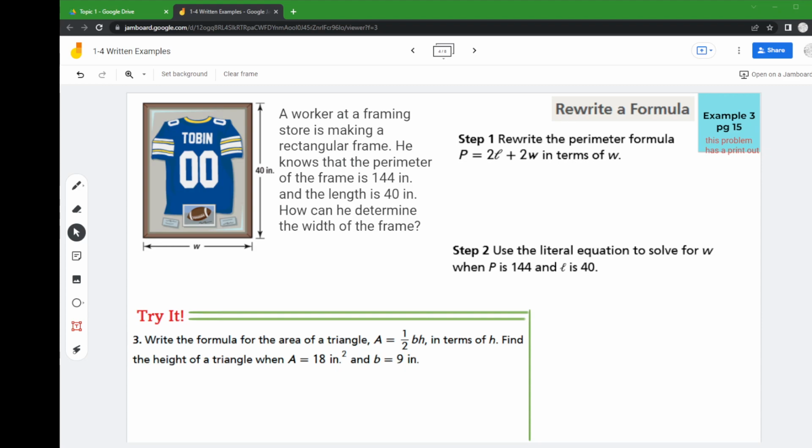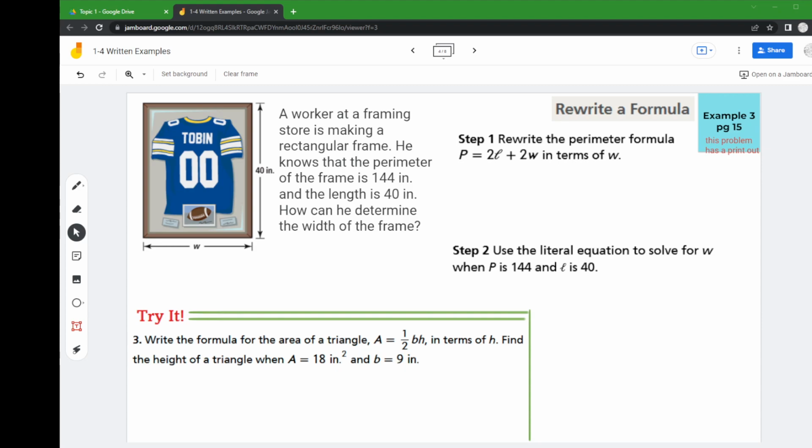However, being able to rewrite a formula will make it to where you can generate a number sequence that can be plugged into a calculator. And so that's why it's important to do this first step, even though it seems redundant when you go to solve. Alright? So it says a worker at a framing store is making a rectangular frame, which you see there